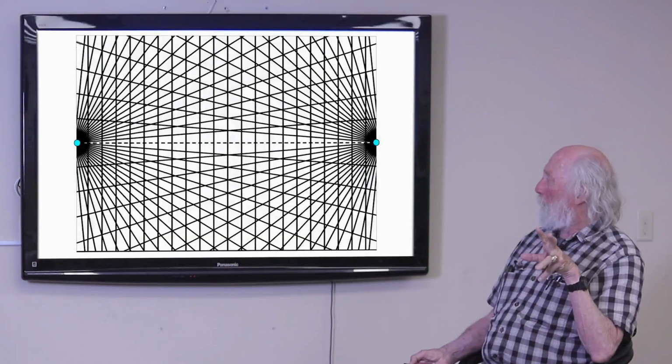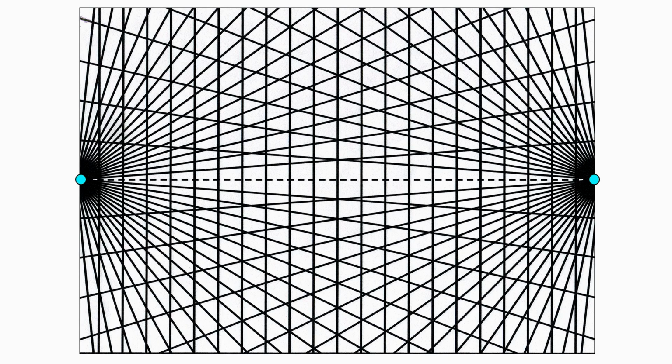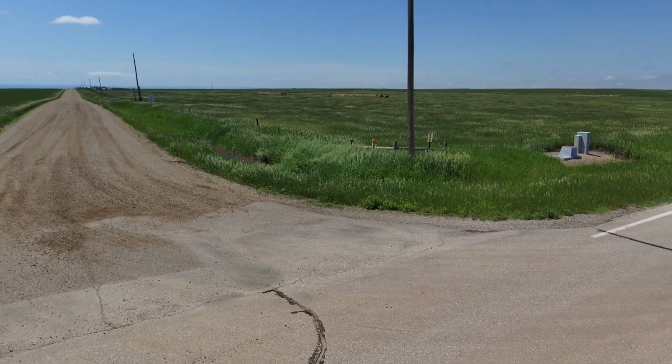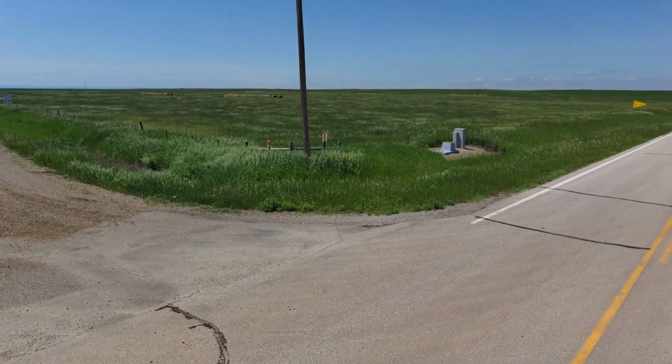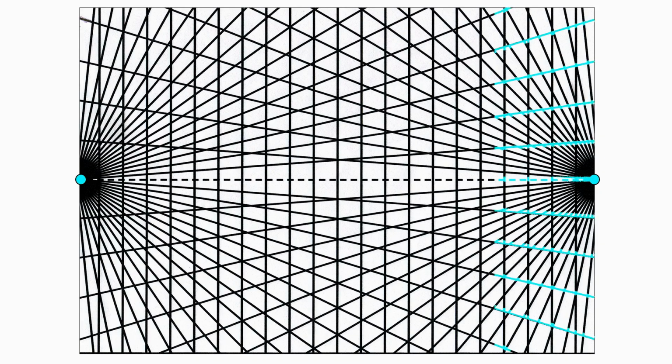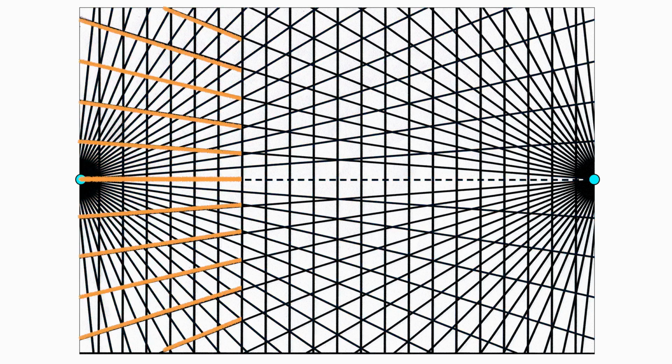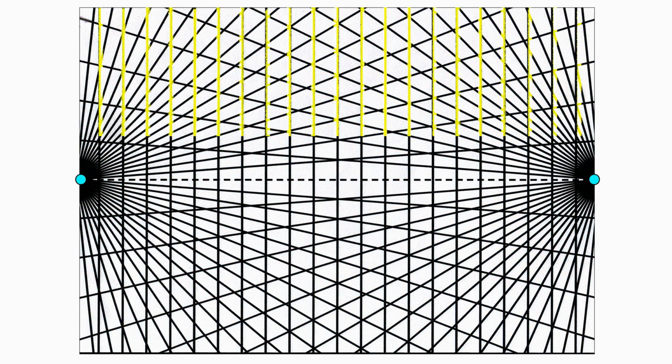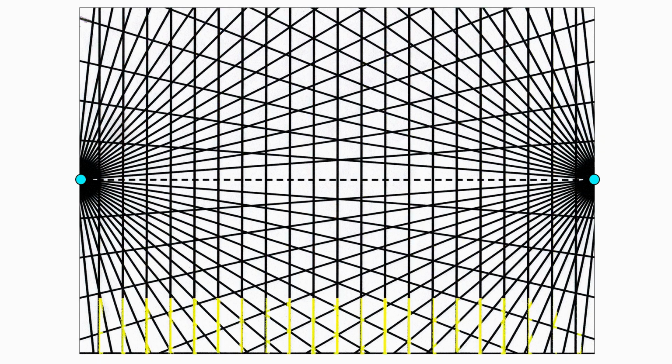Now we're moving over to a two-point perspective. You can see the point over on the left, say that was a north direction, and the one on your right would be an east direction. You notice that there's straight lines that go to the left one, there's straight lines that go to the right one, and then one set actually doesn't project to any points, they run straight up and down.